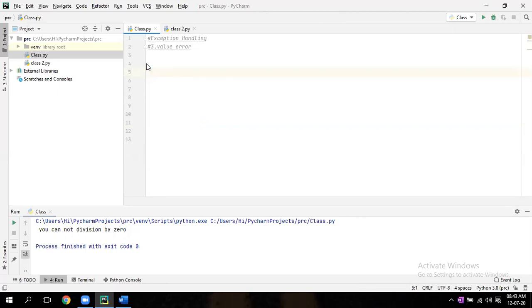Now I want to add two numbers, and while adding, you use user input. You have done input, right? Yes, sir.